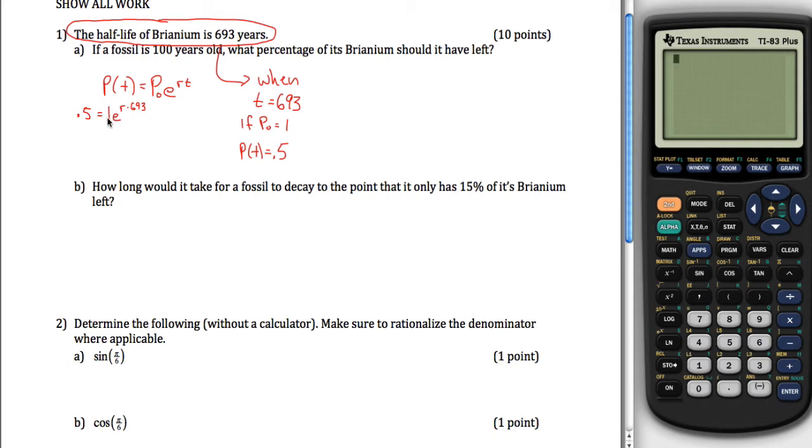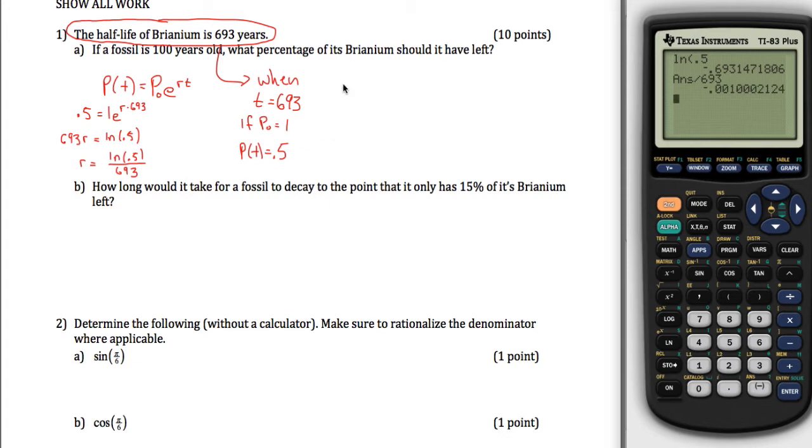So all we got to do is solve this thing. You don't even need the 1 there. I just put it to illustrate. Take the natural log of both sides, and you get that 693r is equal to the natural log of 0.5. So r, my continuous growth rate, is the natural log of 1/2 divided by 693, which we can figure out over here. We can figure out the natural log of 1/2. And then divide that by 693, and we figure out that our value of r